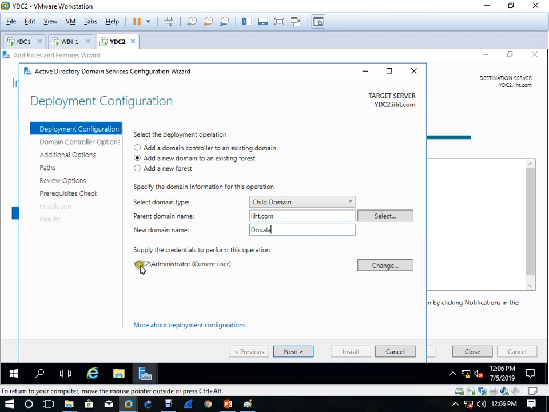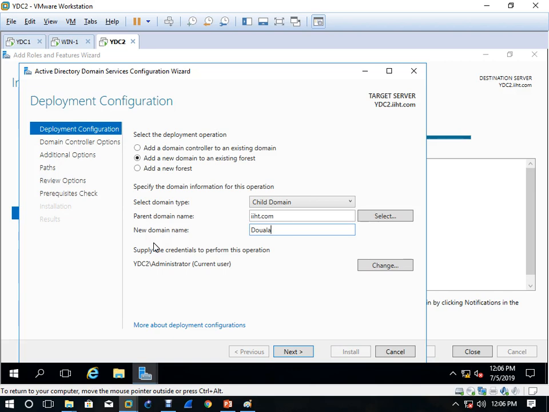Now, who is authorized to install this child domain? Yaoundé DC1 administrator or Yaoundé DC2 administrator? Yaoundé DC1. If it were otherwise, any user could connect and become my member.